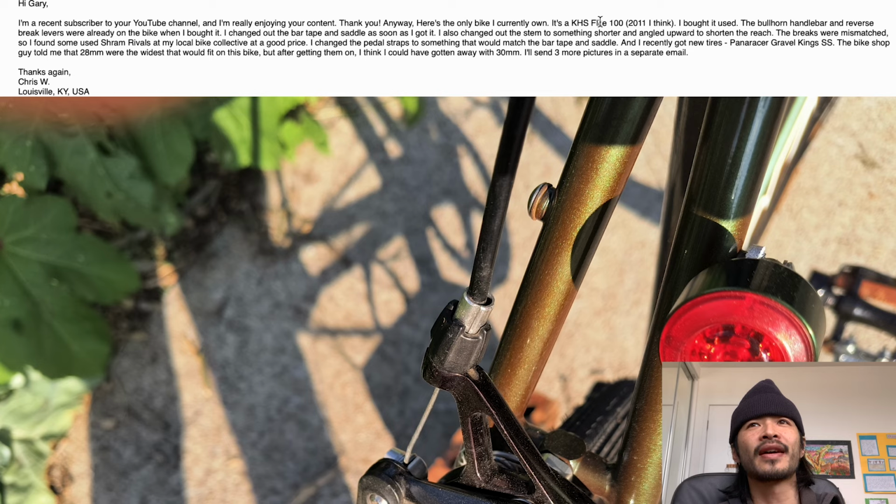It's a KHS Flight 100. I bought it used. The bullhorn handlebar and reverse brake levers were already on the bike when I bought it. I changed out the bar tape and saddle as soon as I got it. I also changed out the stem to something shorter, angled upwards to shorten the reach. It's always a good call. The brakes are mismatched. I found some used SRAM Rivals